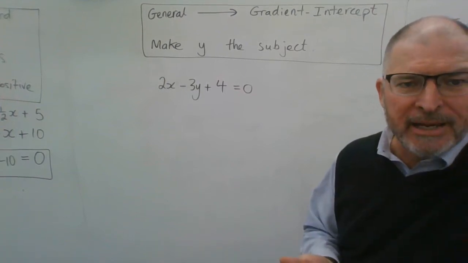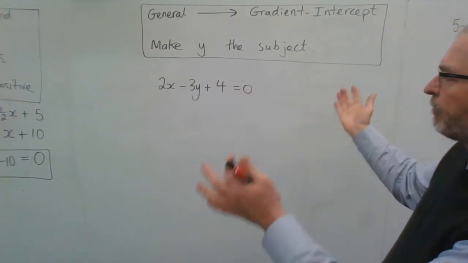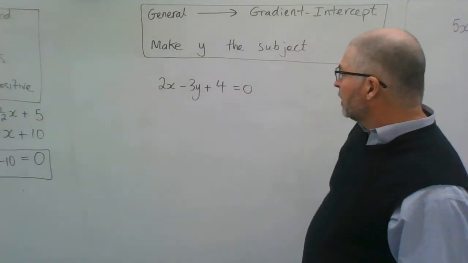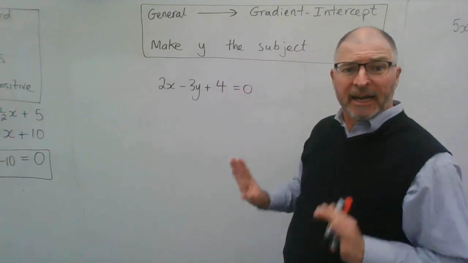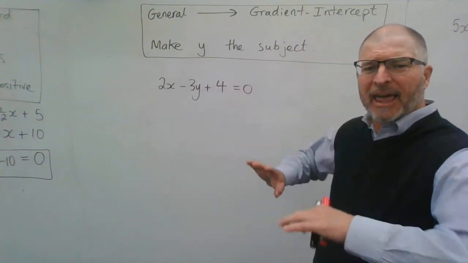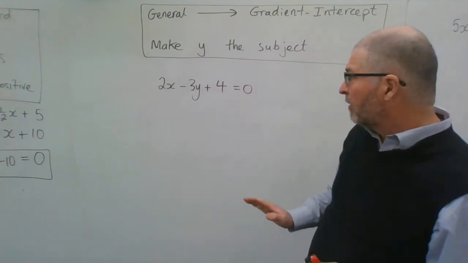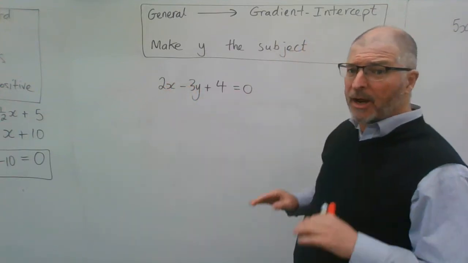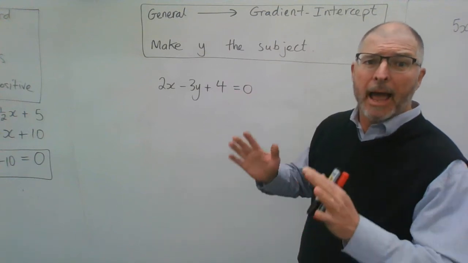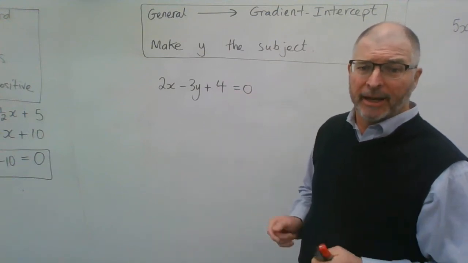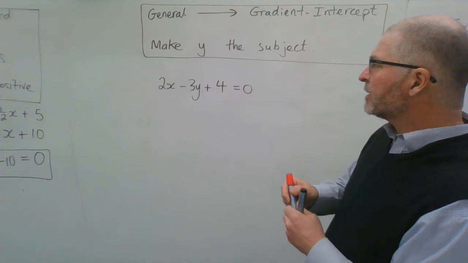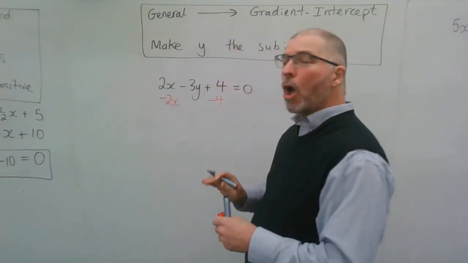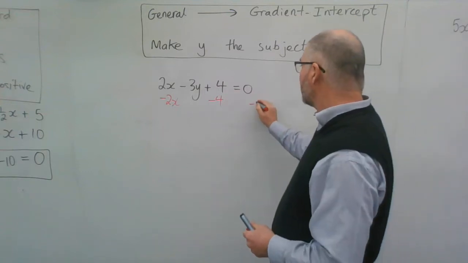We do opposite operations to both sides. For example, I want to get y by itself over here on the left-hand side. Well, there's minus 3 y's there. I'm going to leave them alone for the time being. And I can get rid of everything else that's over there. Get rid of the 2x and get rid of the plus 4. I don't want them on the left because I want y and only y by itself on the left. So I'm going to minus 2x to get rid of that 2x. And I'm going to minus 4 off both sides of this equation,